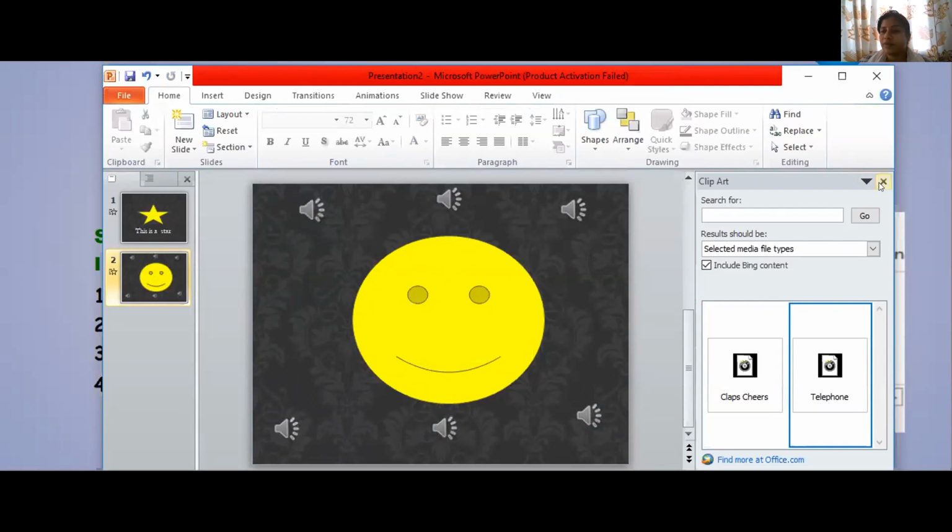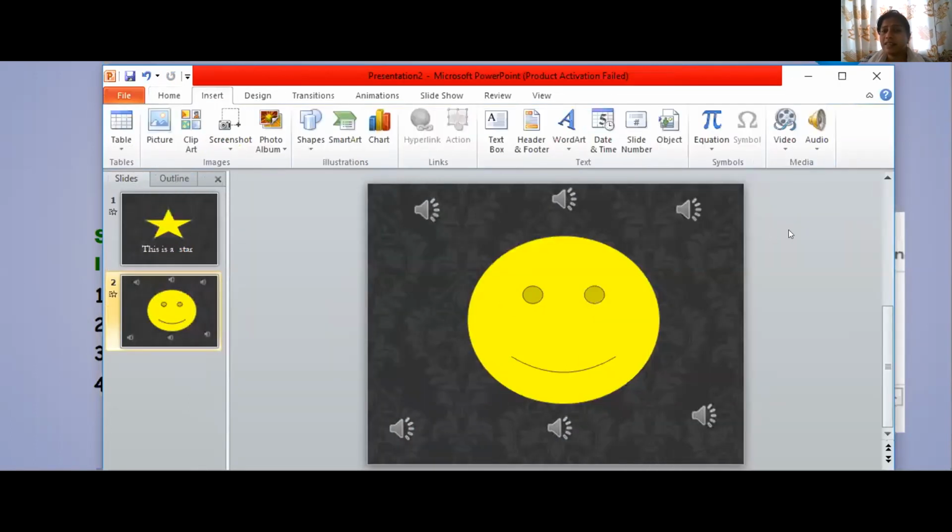This is how we do it from clipart. Insert audio from file. If you have saved something, or clipart, the default whichever is available on your program, and record if you want to record it. See, it's very easy to record also. Sometimes when we are doing a presentation, we can already record our sound, give an explanation, and just play it. We need not even stand near our presentations. Easy, right?